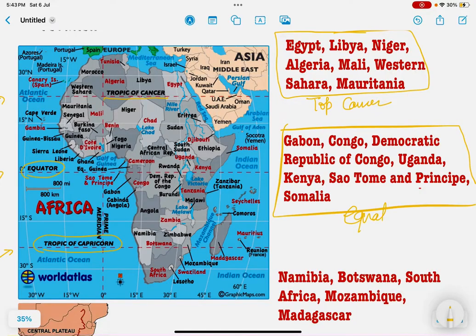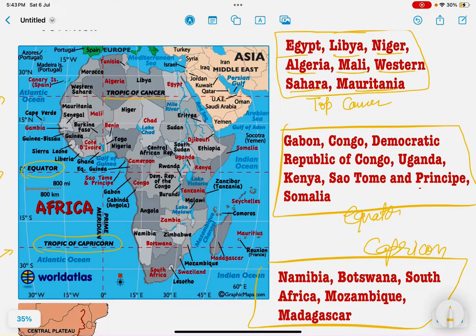These are the countries on the equator, and these are the countries on the Tropic of Capricorn. So as you can see, Egypt, Libya, Niger, Algeria, Mali, Western Sahara, Mauritania are on the Tropic of Cancer, whereas